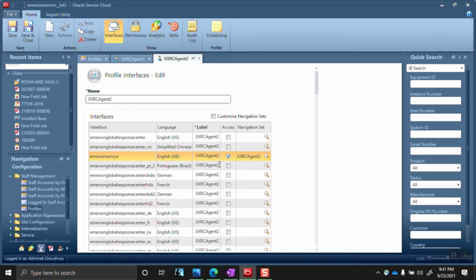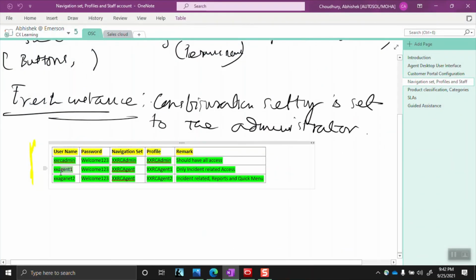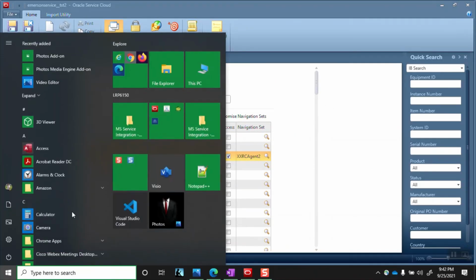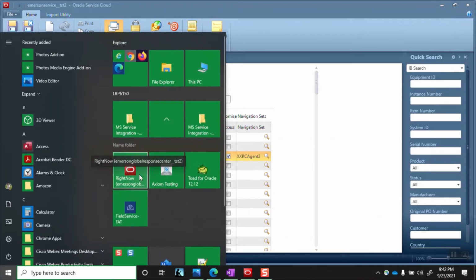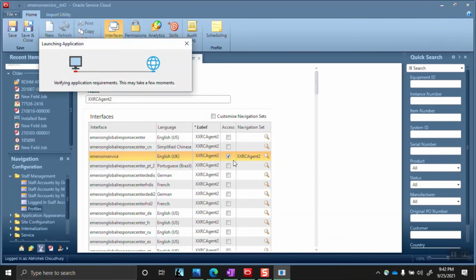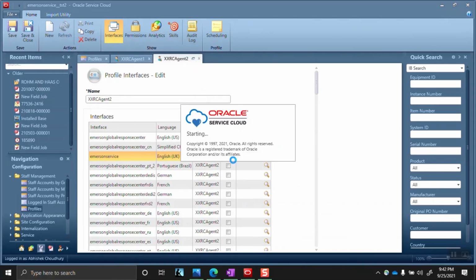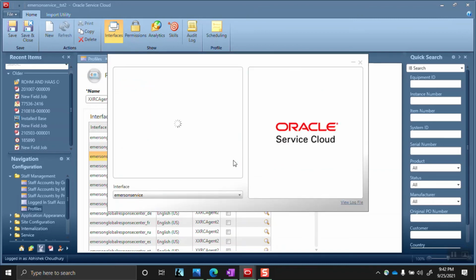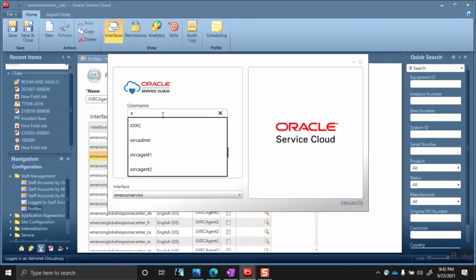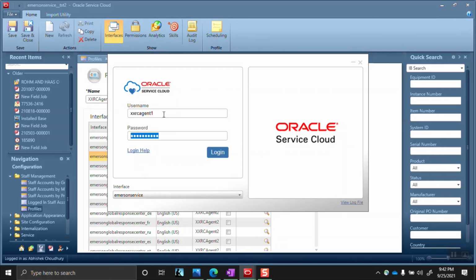You can rewind and see the portion where the navigation sets were created, and there you can see the difference. Now it is time to test it. We will first log in through XXRC agent 1. This is our login credential. Let me open another instance of the service cloud with XXRC agent 1. Now if I click login,